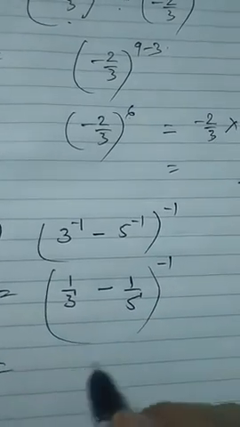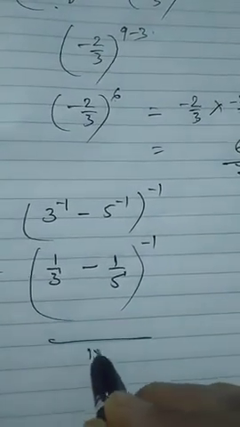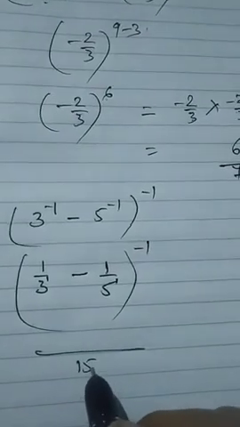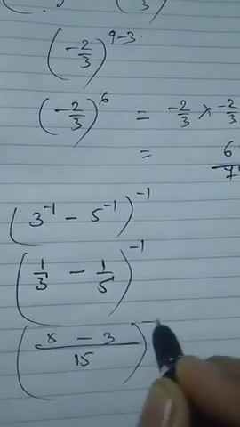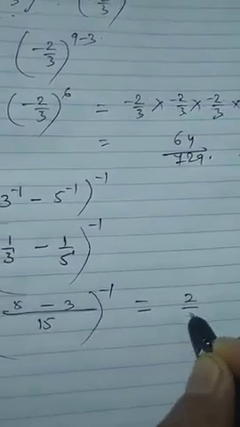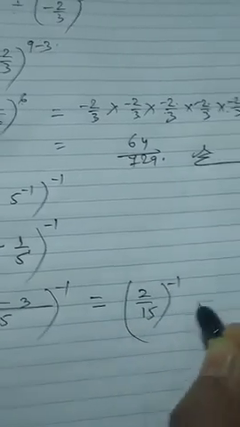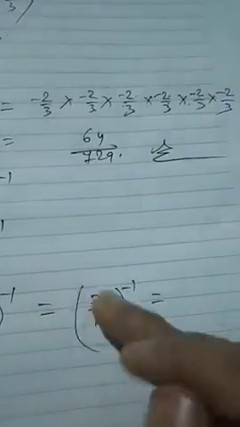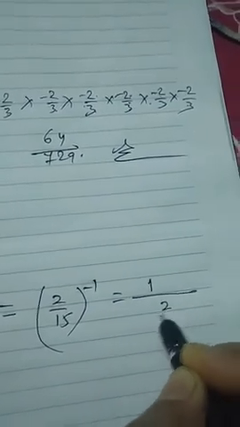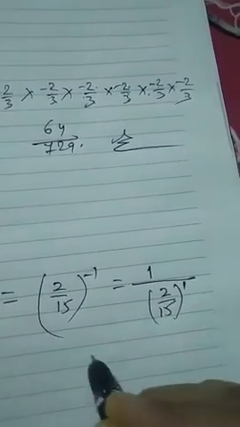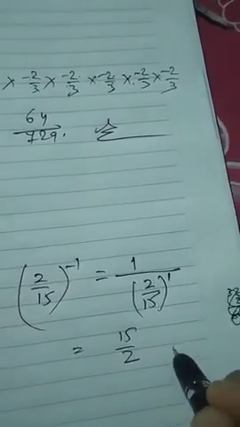First we will calculate this. Take the LCM of 5 and 3. We will get 15 here. Now 3 5s are 15, 5 3s are 15, so 5 minus 3, then it will be equal to what? 2 by 15 to the power minus 1. It is minus 1 inverse, means we have to write its reciprocal. 1 by 2 by 15 to the power 1 in plus, so it will come in reciprocal. 15 by 2 will be the answer.